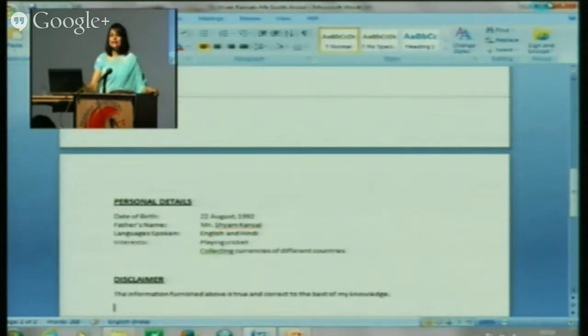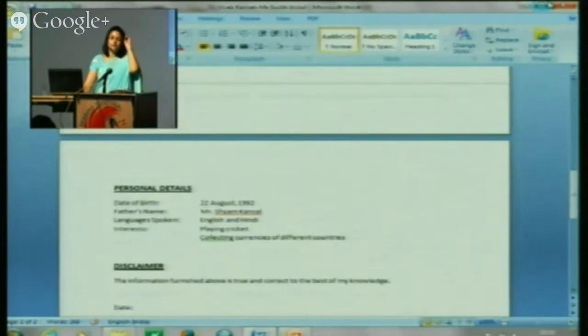Do not take this small heading very, very easily or casually. It carries a lot of weight and responsibility to it. After mentioning the personal details, we come to the disclaimer. Now, disclaimer is like any other